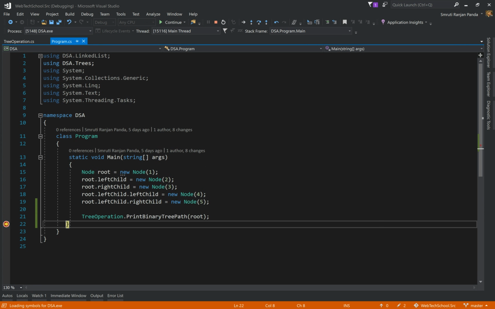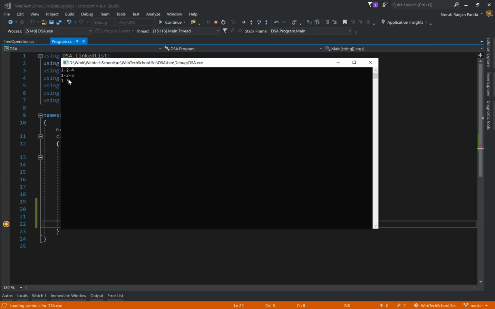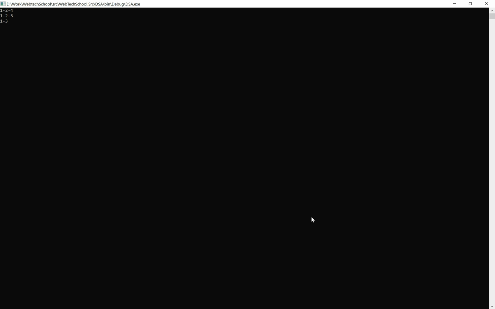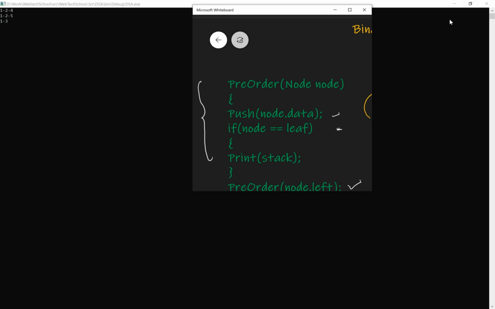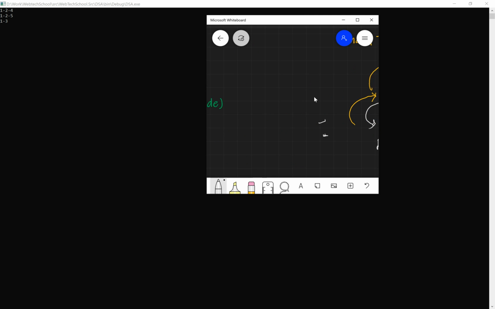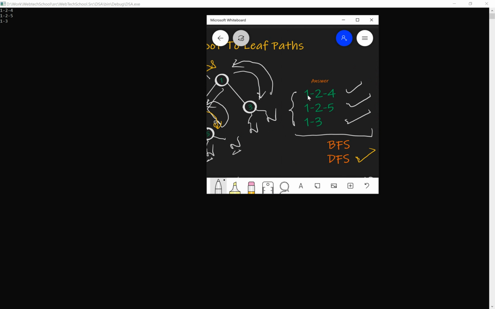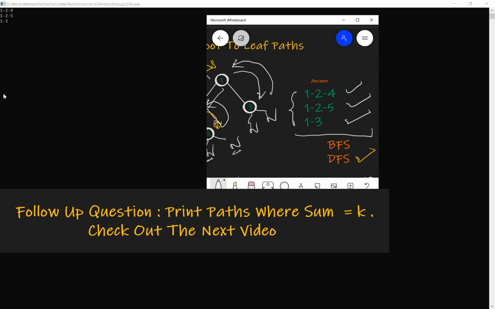Okay, if I open up the console window, we get back 124, 125, and 13. Let's verify it with our output. The output we are expecting is 124, 125, 13, and this is exactly what we get back from the program.